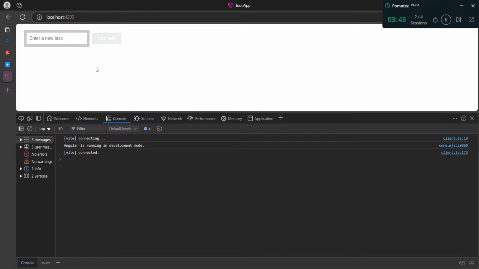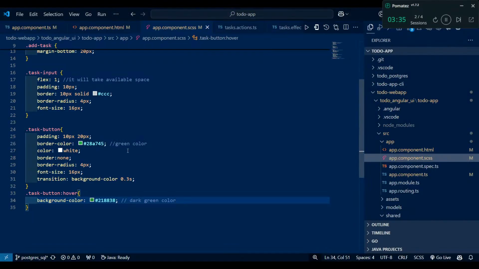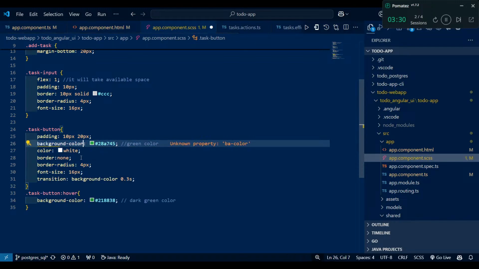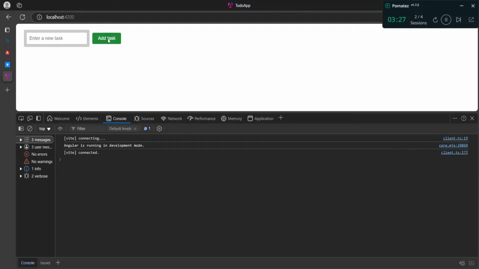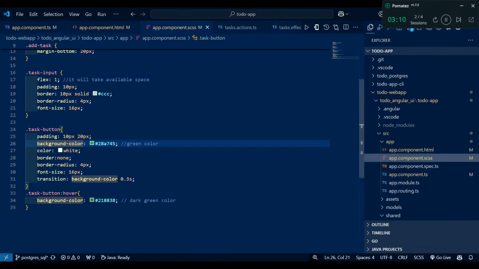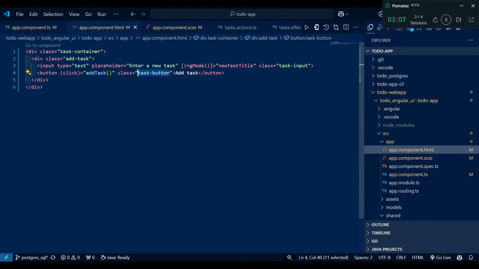Yeah, I think it is perfectly working, but still something is missing. Here, background color. So now you can see when I'm hovering, the dark green color appears, and when I'm focusing out, it will display a light green. Okay, now we will write the code for